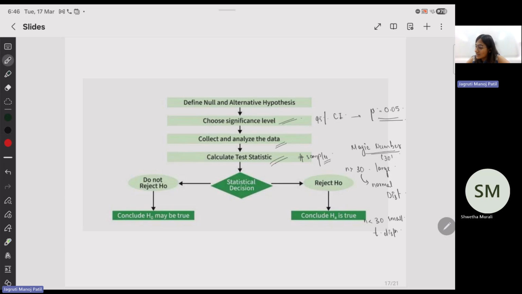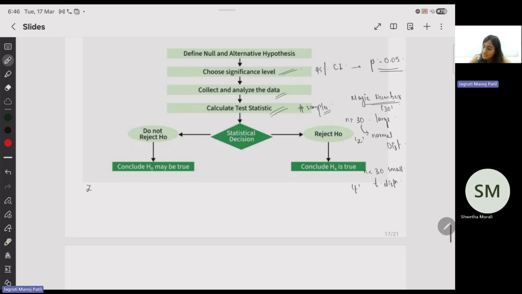In this case, if you're looking at a normal distribution, the test statistic is Z. When you look at your T distribution, the test statistic is T. Then there are terms to it. How do you compute Z? You take the mean of your data set, minus the mean of your null hypothesis, divided by your standard deviation over square root of n. Since this follows a normal distribution, they write it as sigma by square root of n. And for T, they write it as x bar minus mu by S by square root of n.